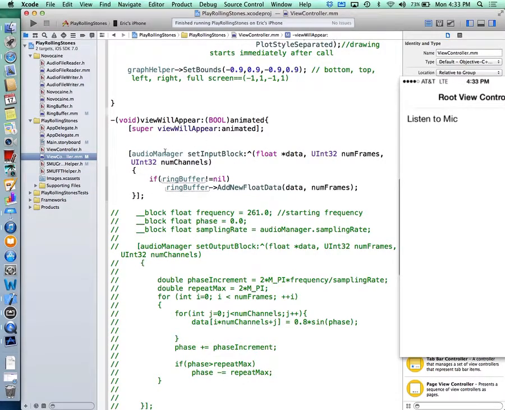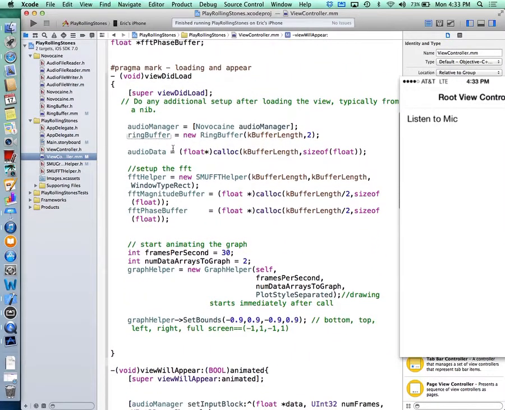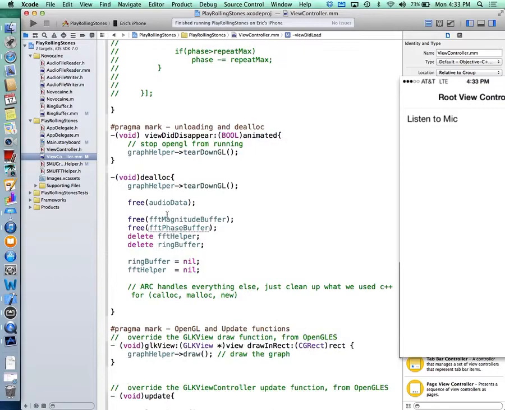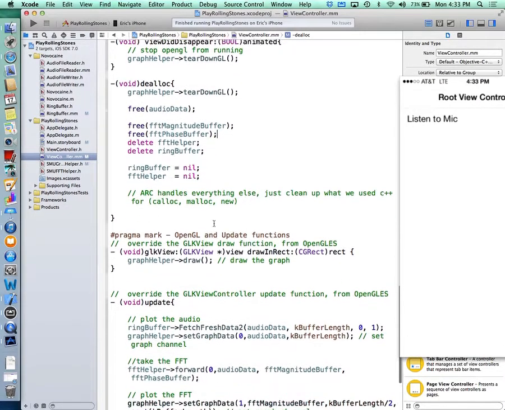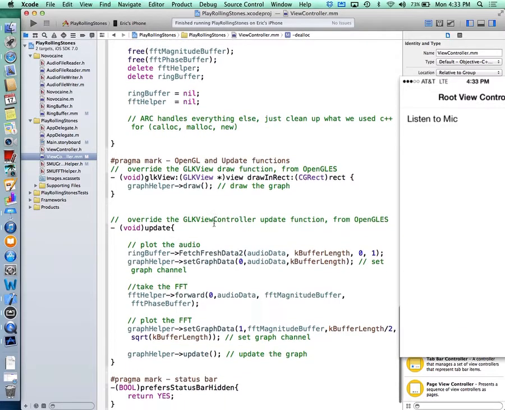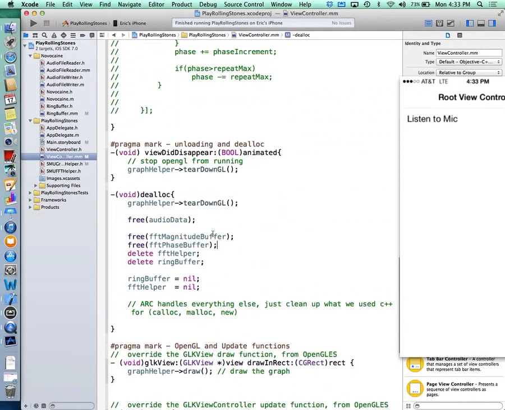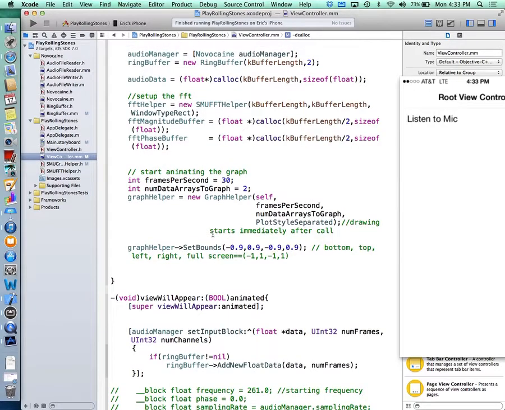In view will, oh, so I have an audio manager, I have a ring buffer, audio data, FFT helper, magnitude and phase buffer. In my dealloc, I have an audio to magnitude, phase. I should set these to nil. Graph helper, tear down GL. I don't see it. Here, what I'm going to do is take this thing off of,